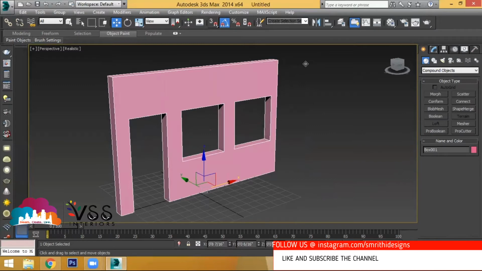Sorry, I can't hear. Look, what is the height of the door? Height of the door is 7 feet. 7 feet. What should be the height of the window? 4 feet. Length of the window 4 feet. And from the base, you have to leave a distance gap of 3 feet.